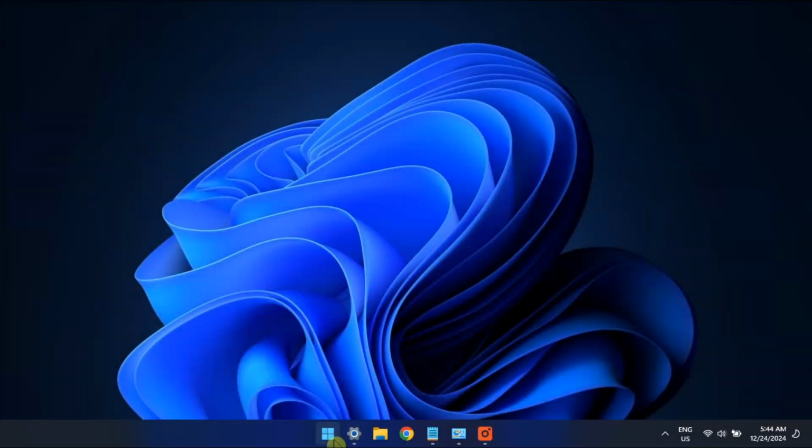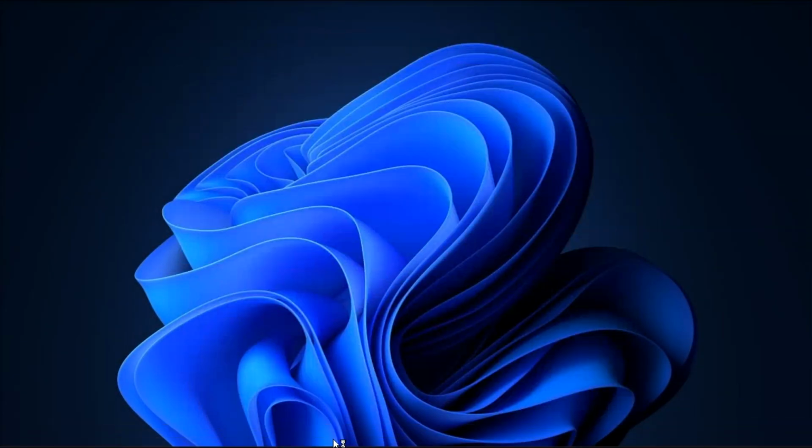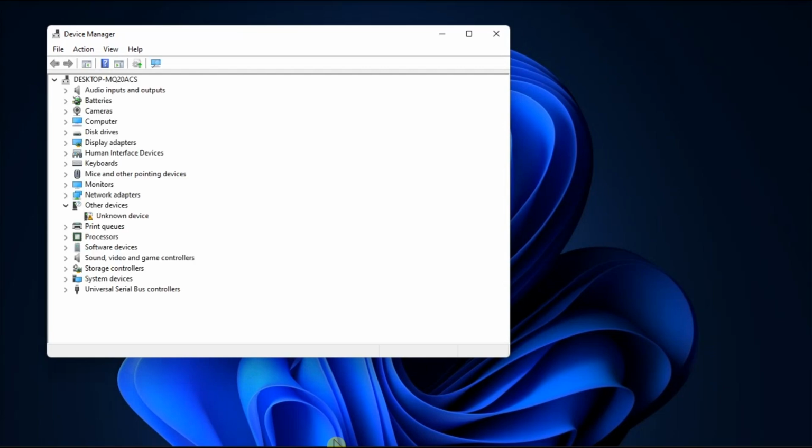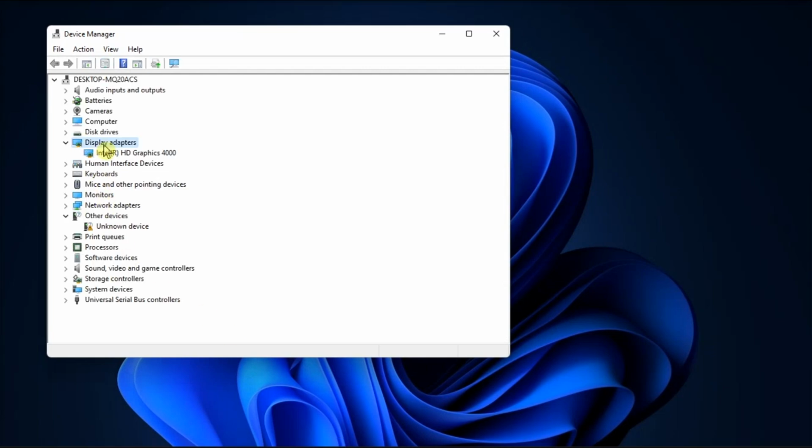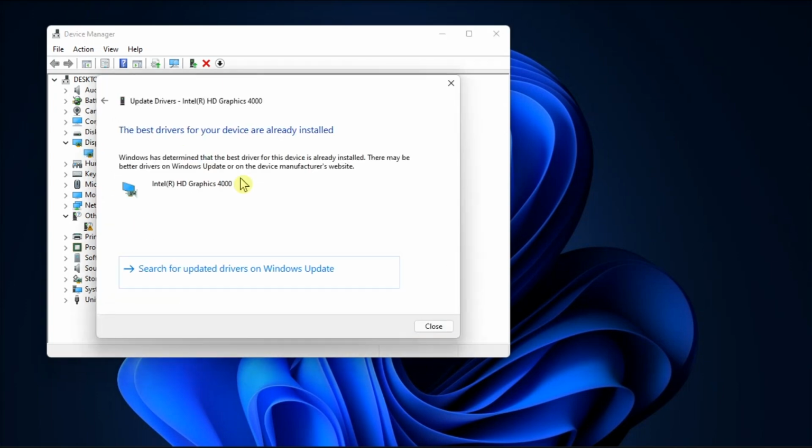Next, update the graphics driver. Just open Device Manager, double-click Display Adapters to expand the category, right-click on your graphics device, and then select the Update Driver option. Next, select Search Automatically for drivers and follow the prompts to install the latest driver. Then, you have to restart your computer if prompted, then open Color Management again to check if the issue is